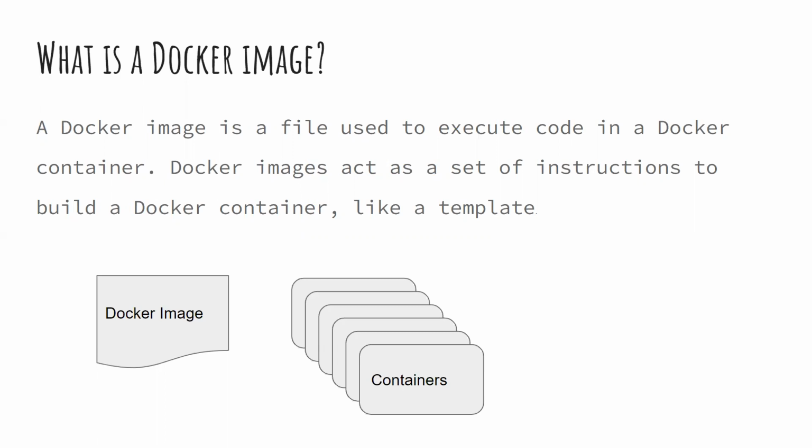However, we need to either create a Docker image or pull the image from the Docker Hub. In order to create a Docker image, you will be writing your Dockerfile. However, that will be in a later part of this series. In this video, we are going to see that there are a lot of other images available inside the Docker Hub, created by different vendors and companies. We are going to pull one of those images and create containers.